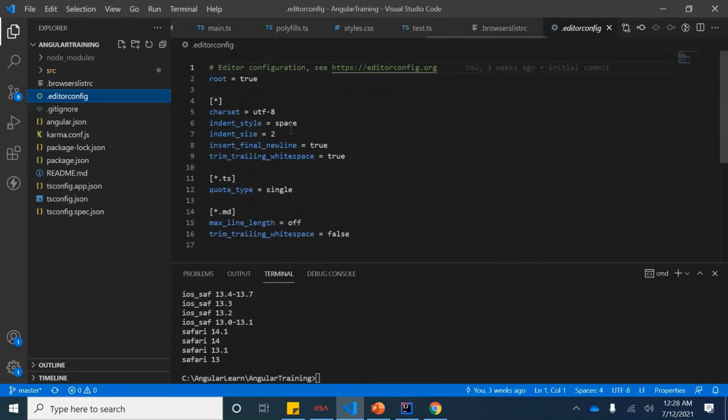Okay, so .editorconfig is something which is used whenever you are opening this project in your IDE, right? These particular rules will be followed, and this is helpful for the different IDEs when you are using it. You can get more details on editorconfig in Angular's documentation. Basically, it is used by the IDE to configure your project.